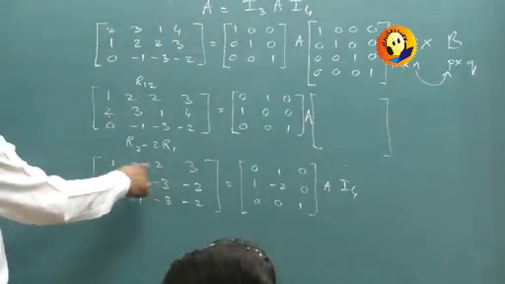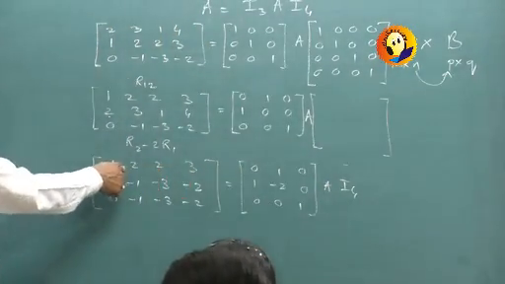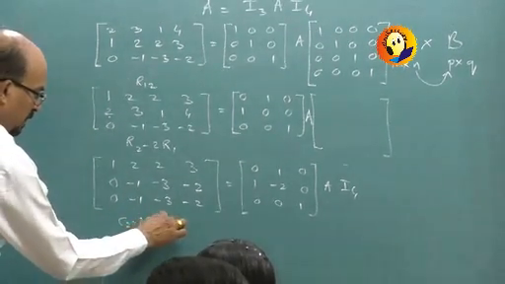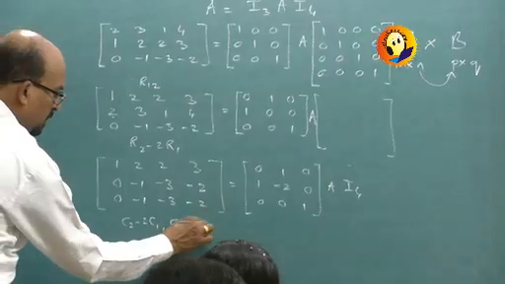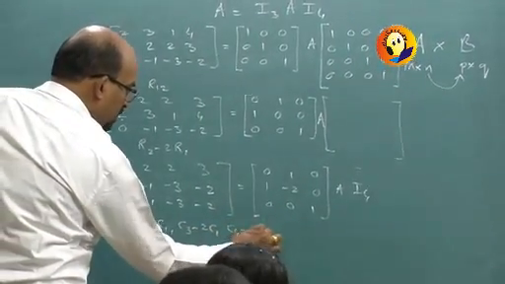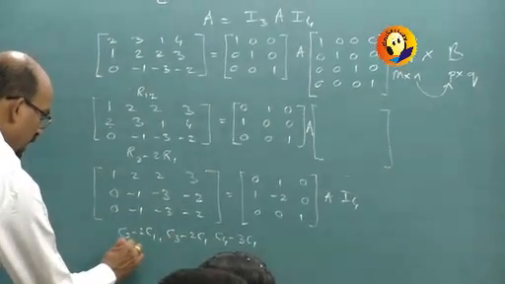Now we perform column operations to make these 3 zeros. So it will be C2 minus twice C1, C3 minus twice C1 and C4 minus 3 times C1. That gives us